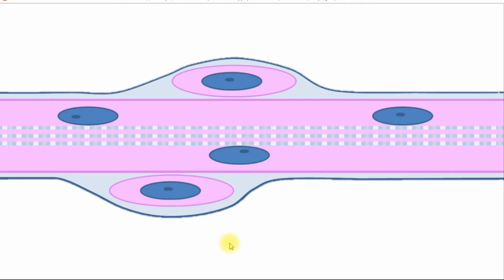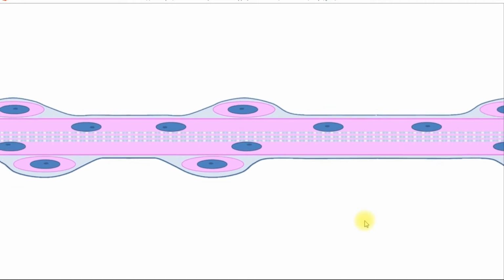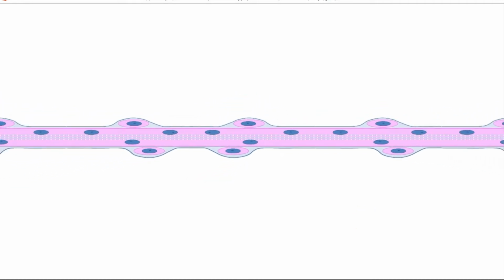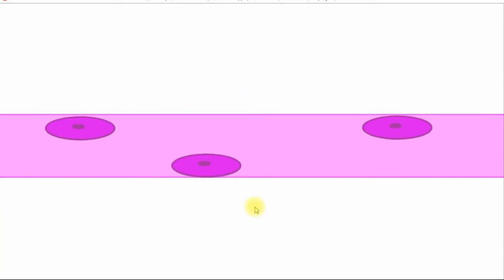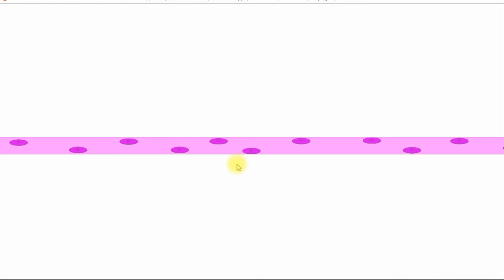And let's look at the organization of muscle as an organ. Here we can see muscle fiber, and there are numerous neighboring muscle fibers, and they are arranged in bundles. Here we can see a bundle of muscle fibers, and here we can see numerous muscle fibers. Usually we don't see satellite cells, we usually see only nuclei of muscle fibers, and there are numerous neighboring fibers,